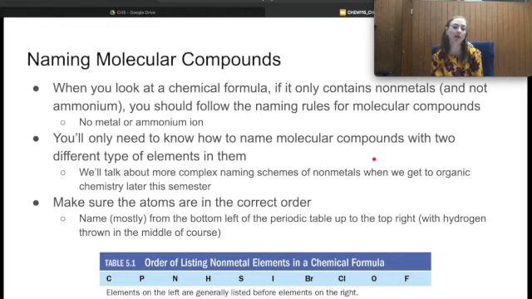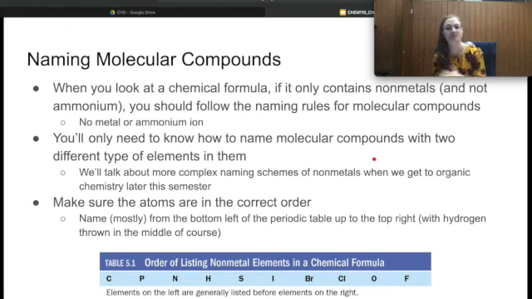So for right now, we're only going to look at molecular compounds with two different types of elements in them. So we're just going to have a binary, a first element and a second element. We're going to talk about more complex naming schemes of nonmetals when we get to organic chemistry later. I'm sure when we get to acids and bases too, we'll get a little deeper into acids as well. So know that there's a bit more coming up, and we'll be able to name things like C6H12O6, which is sugar. We'll figure out how to name it sugar or name it its specific chemical name. But again, for right now, we're just going to know how to name molecular compounds with two different types of